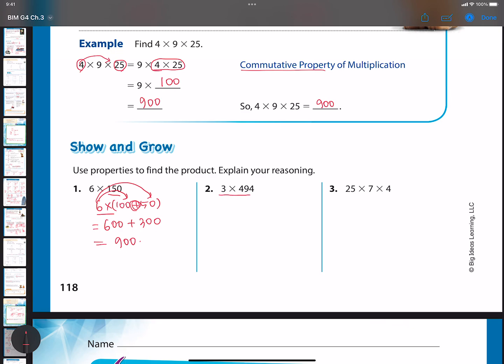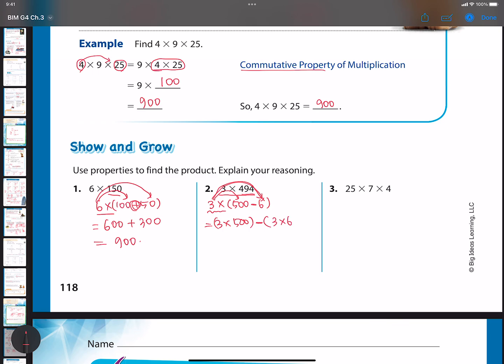3 times 494. Okay, I'm going to use the distributive property again, since this 494 is very close to 500. So I'm going to rewrite 3 times 500, take away 6, right? And what is our next step? Distribute to 500 and 6, but this is subtraction, remember. So now I'm going to rewrite this is equal to 3 times 500, parenthesis, take away another distribution, which is